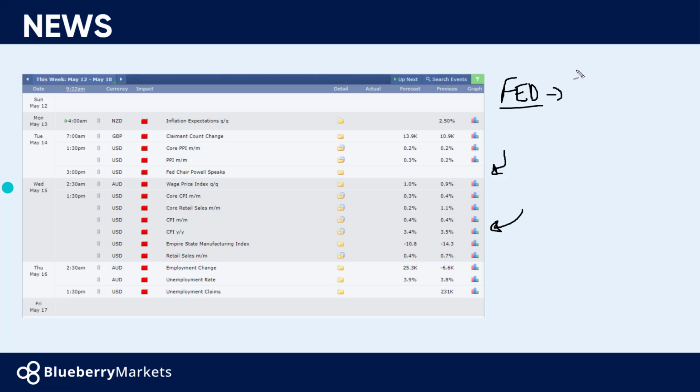So the Fed are looking for an inflation rate which comes in lower, because there is talk of them wanting to cut interest rates. Okay, so if they're looking to cut interest rates, they want to see inflation move lower, they want to see employment figures come in lower, they want to see things like GDP potentially coming in a little bit lower as well, basically showing a lack of growth. And that would lead to a potential cut.